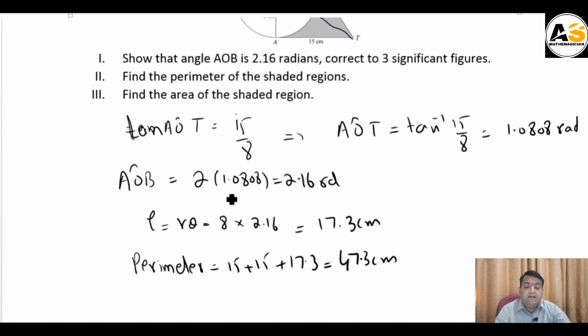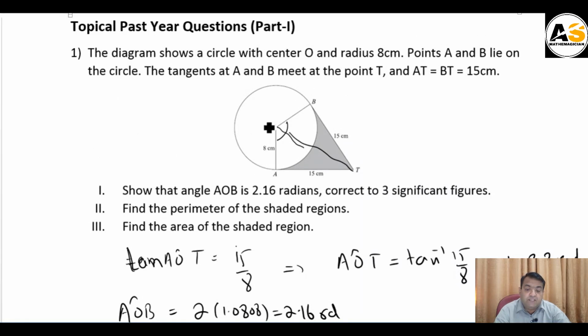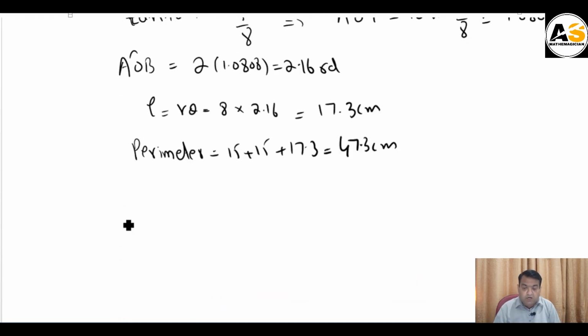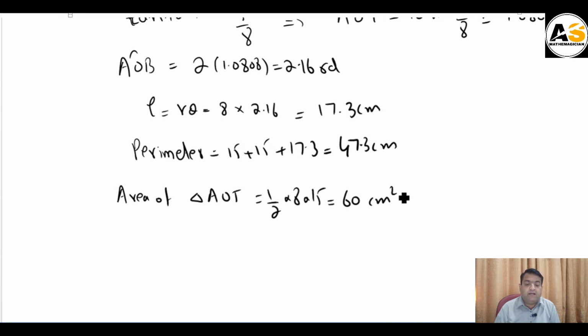Now we have to find the area. Area of the shaded region will be area of this quadrilateral minus area of this sector. And area of the quadrilateral is twice the area of this triangle. What is area of this triangle? 15 multiplied by 8 divided by 2, base into height over 2. So area of triangle AOT will be 1 by 2 into base into height, 60 centimeter square, and area of quadrilateral will be its double,